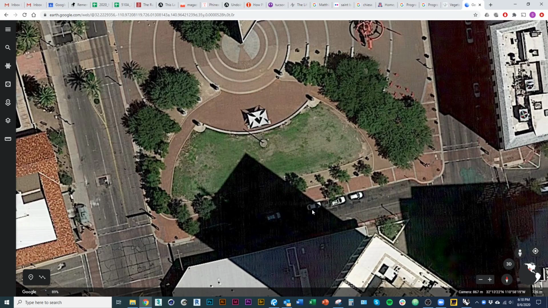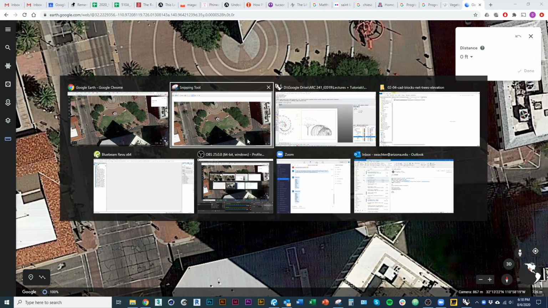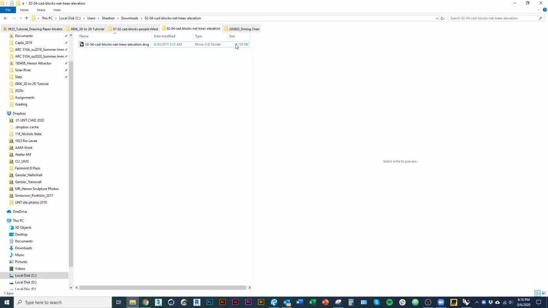And you may also want to measure something in here so we have a point of reference. Scale it by, I'm going to put myself in feet here. Scale like this edge of this building. 194 feet. Okay. So back in Rhino, and I'll just drag in